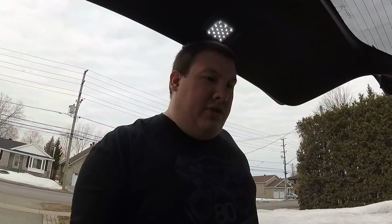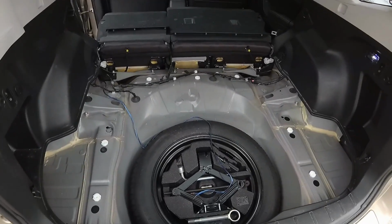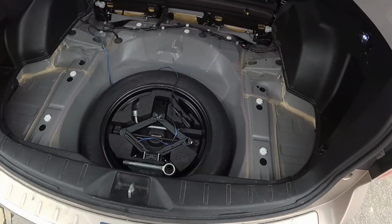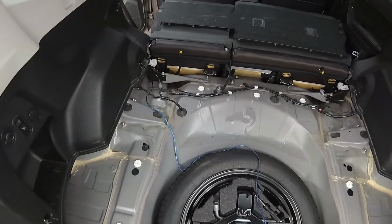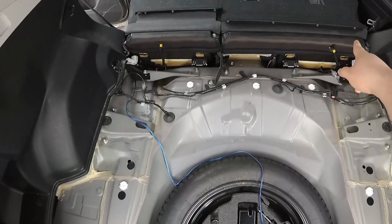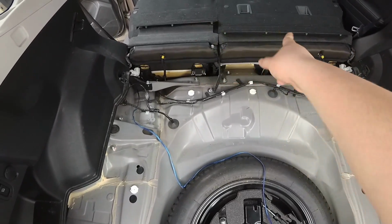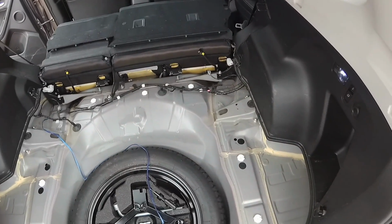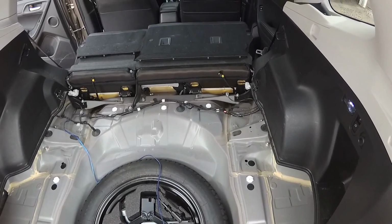Alright guys, so I'm really trying to brainstorm what to do here. I just took out most of the interior of the trunk, so let me show you that. I took all the foam out, all the plastic. I even took out this little plastic beam that was across here that lets the two flaps of the back seat hook into it, so it hides it. I think that's really the only place I can try and mount